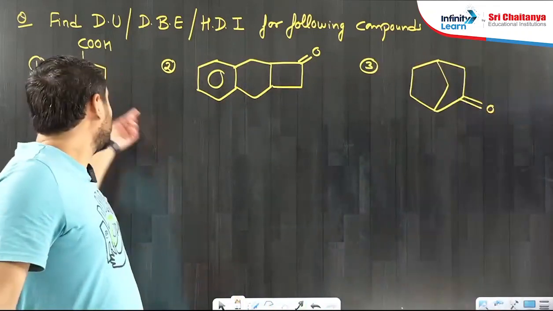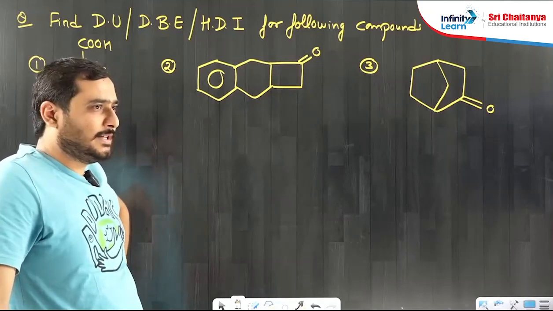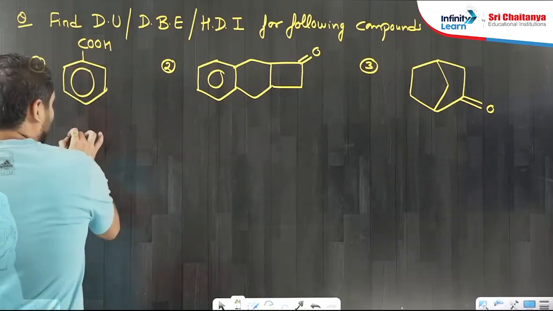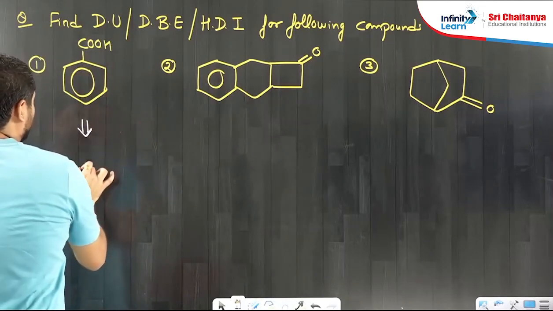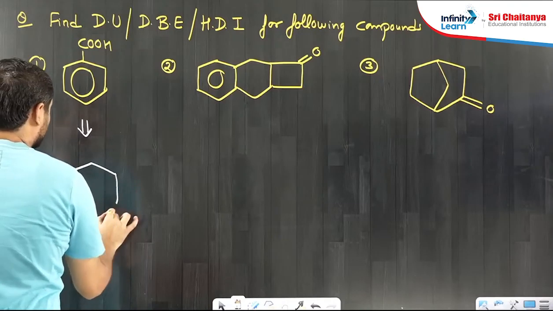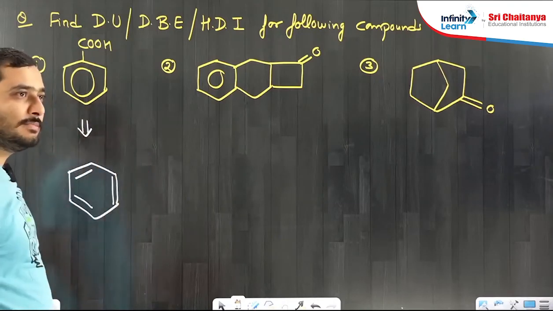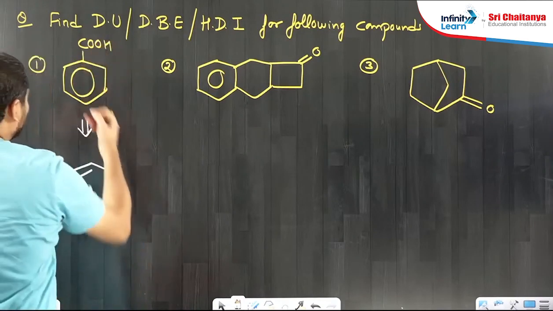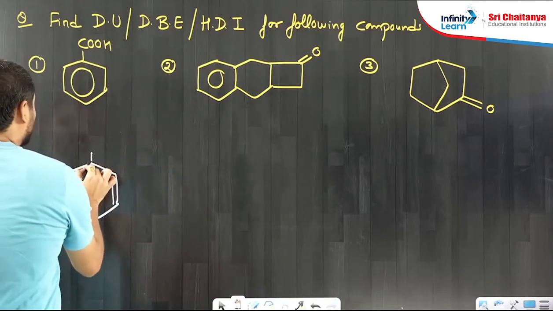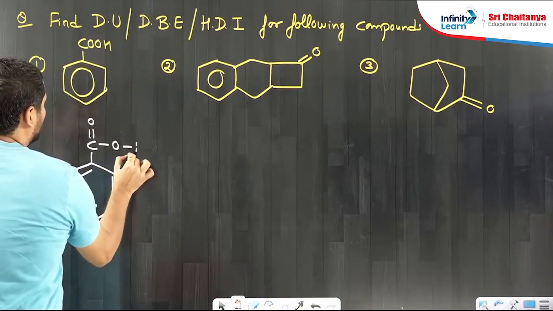Start from number 1. First tell what is degree of unsaturation. So let us do one by one. And first you have to tell answer for first part. If I draw this structure again, then you have to tell. I will write expanded structure. Now in benzene, this is present. Now on benzene, C double bond OH is present. This is called as benzoic acid. So what is structure of our benzoic acid? C double bond O, OH.